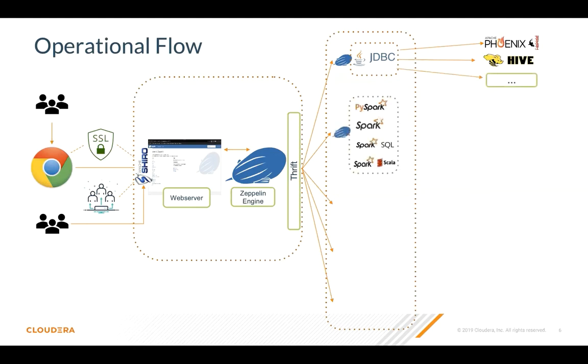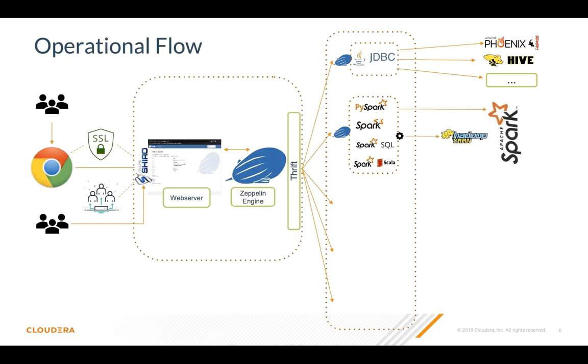Let's take another example. Here we are talking about the Spark group of interpreters. Every interpreter should belong to a group. So in this case, the Spark group interpreter has PySpark, Spark-R, Spark SQL, Spark Scala, and also the dependency interpreter, which is not pictured here. Now Zeppelin created a new JVM for the Spark group interpreter. Using a thrift call, it communicates. And using that Spark JVM, you can connect to Spark.